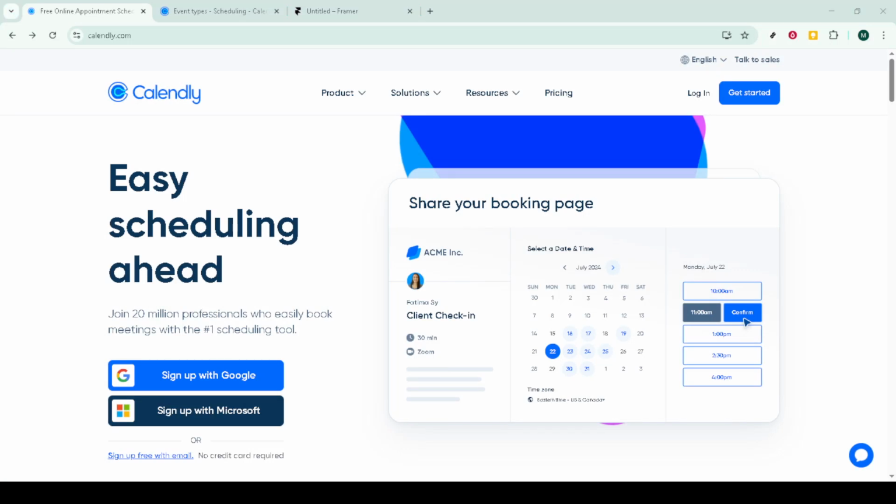In today's video, I'm going to teach you how to integrate Calendly with Framer in less than 5 minutes. We're going to take a booking page you already have in Calendly and embed it directly into a Framer site so visitors can schedule time without leaving your page. The flow is simple. Grab the inline embed code from Calendly, drop it into an HTML embed in Framer, adjust